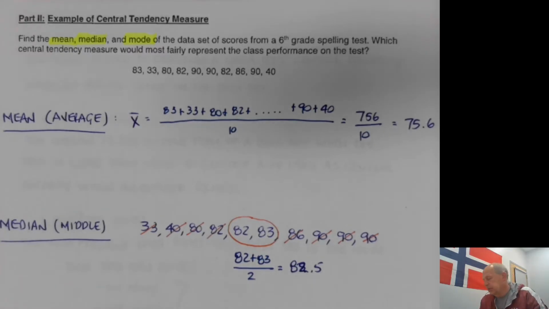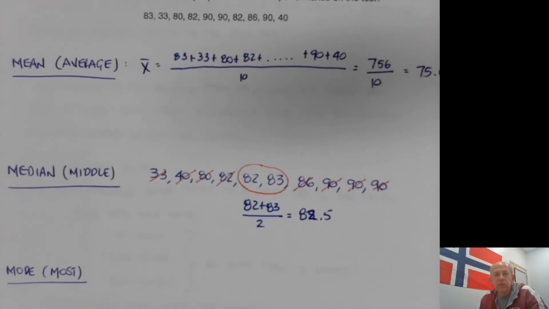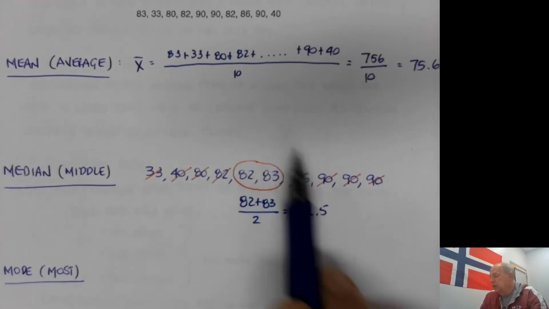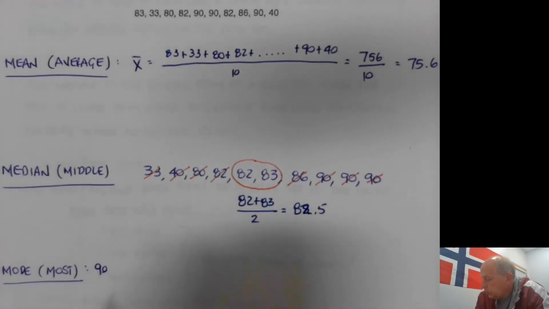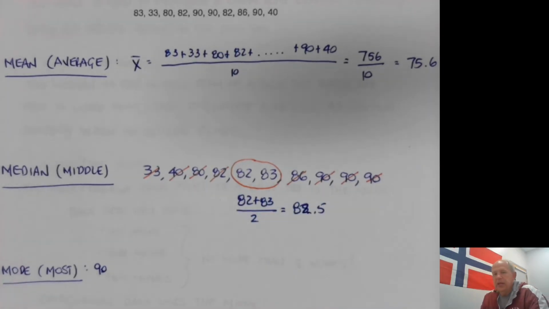Now the third central tendency we're going to talk about is the mode, the most frequent data point, and you can see that 90 occurred 3 times. So 90 would be my most frequent data point, or my mode, and I only had one mode for this